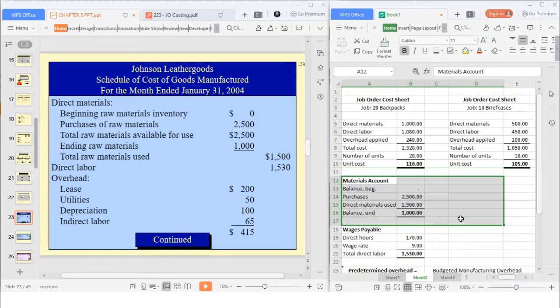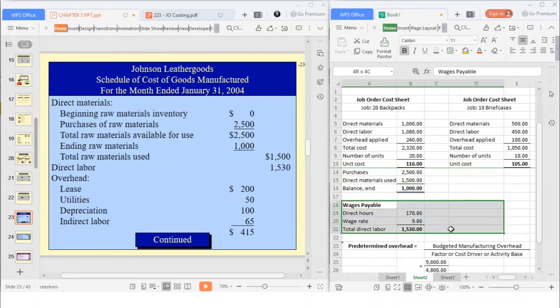So, again, you have the beginning balance, and then purchases, raw materials available for use, the ending raw materials, and the raw materials used. So, diri imong tong 1.5 o kani imong direct materials used. Now, for the direct labor, ari ka mag-determine sa katong imuhang wages payable na account, which in this case, nakita